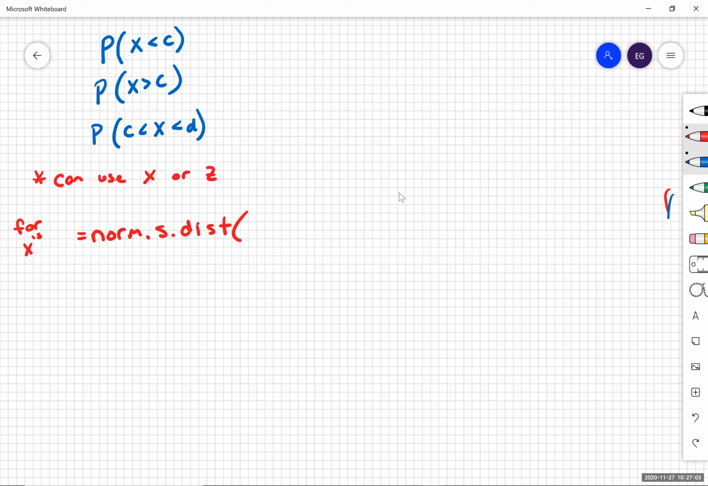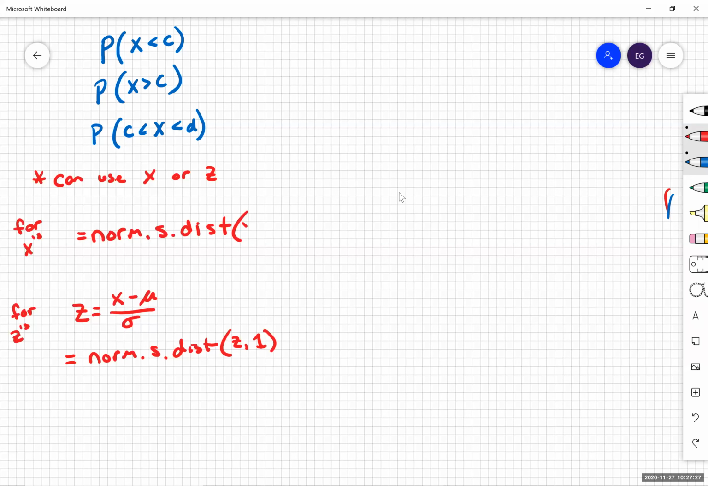Norm.s.dist. Or if you want to change to Z scores, you use the formula Z equals X minus the mean divided by the standard deviation, and then the Excel function equal norm.s.dist. So that would be z comma 1. This would be x comma mu comma sigma comma 1. Right. So for these types of problems, the probability that a single object is above, below, or between two numbers,